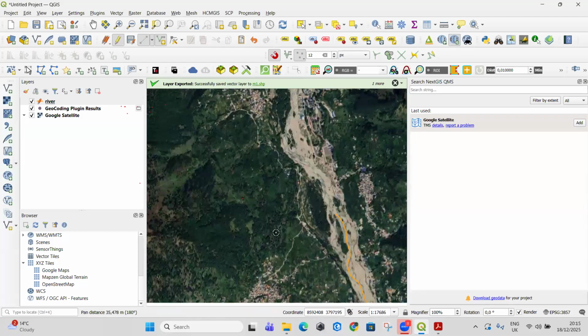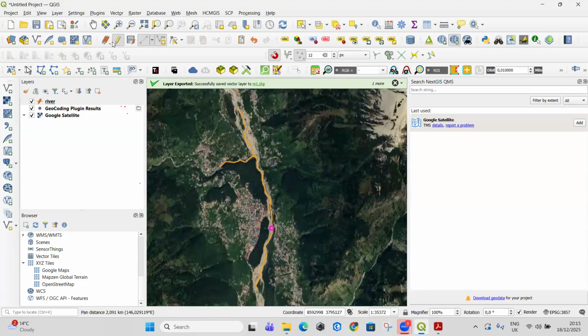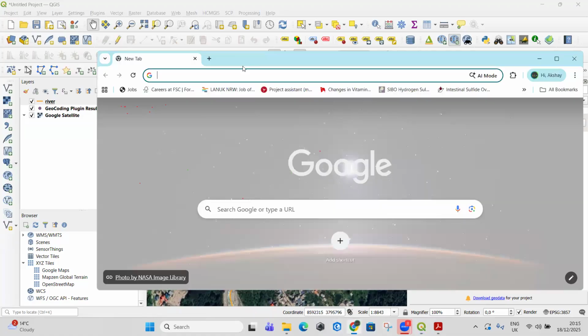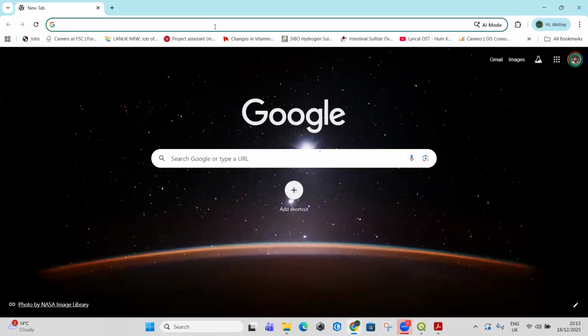So let me say this is my river. So what you can do is we can simply go to Overpass Turbo